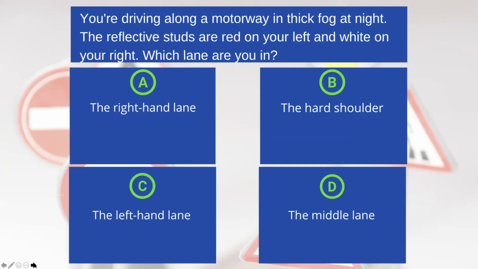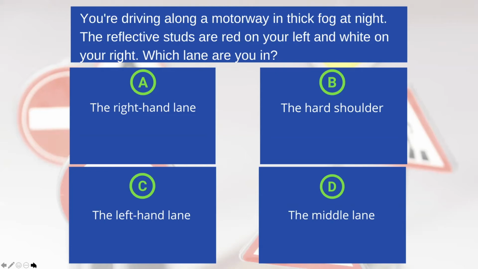You're driving along a motorway in thick fog at night. The reflective studs are red on your left and white on your right. Which lane are you in? So remember, the reflective studs between the lanes are white. So if there's white studs to the right of you and white studs to the left of you, you're in the middle lane. The studs next to the hard shoulder are red. So if the studs are red on your left and white on your right, you're going to be in the